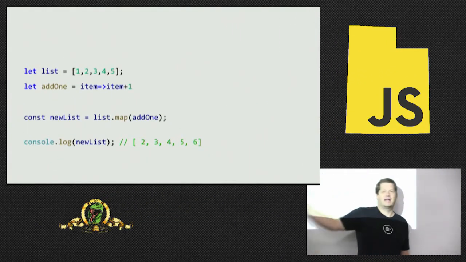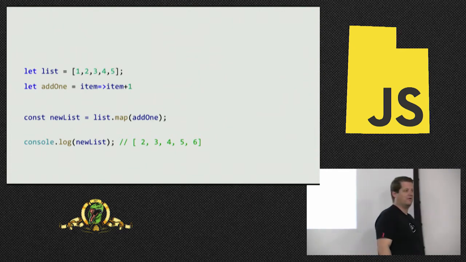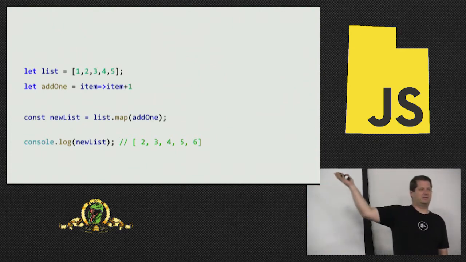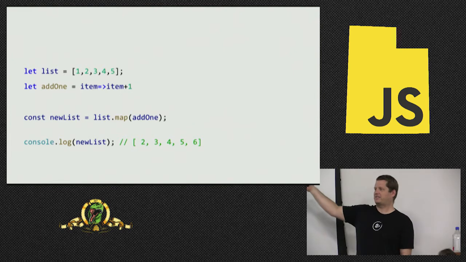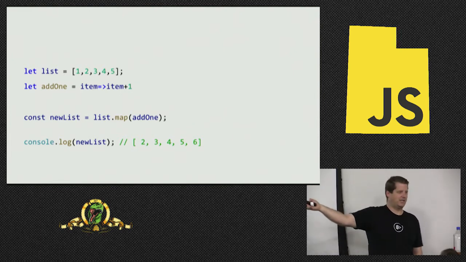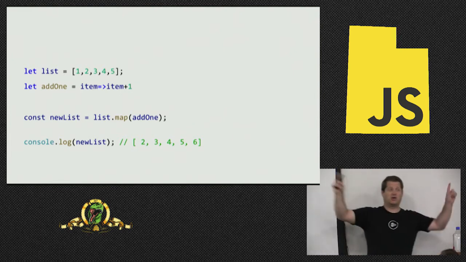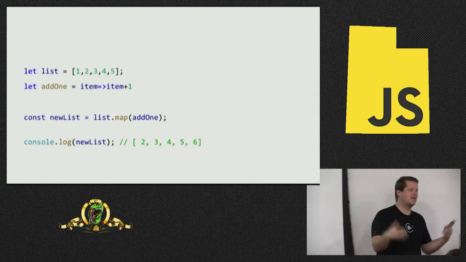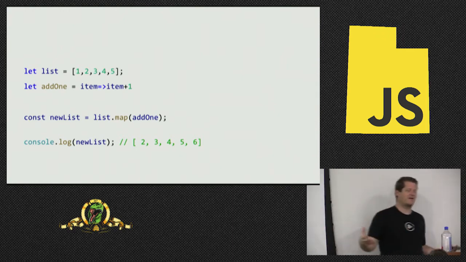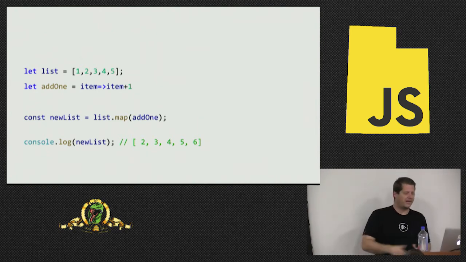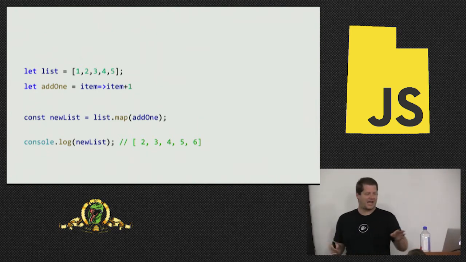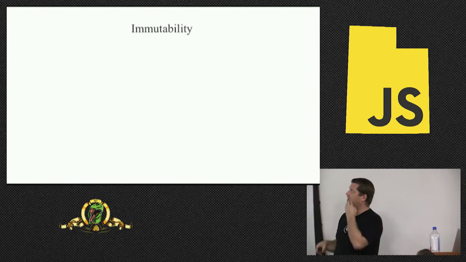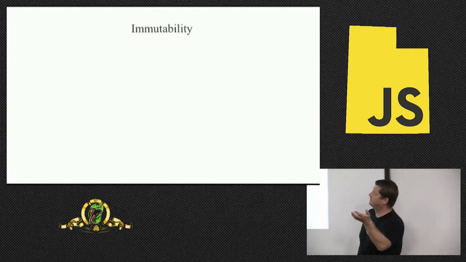And this freaks some people out. Because what happened to lists? I wanted lists, and now I've got this new list thing, and that's gross. And now I've got 2 arrays, and people will start to argue over performance and memory management and all this stuff, and I basically just calm down. It's not that bad. But let's talk about immutability for a second. Why do we do immutability?